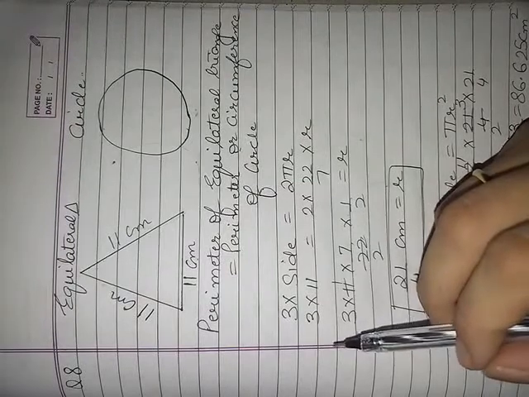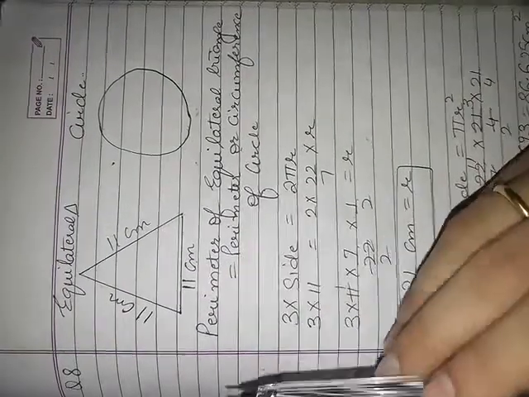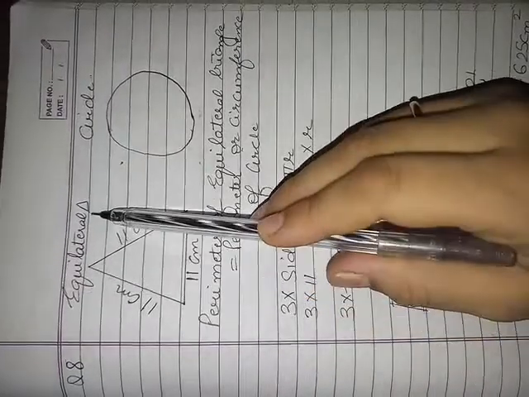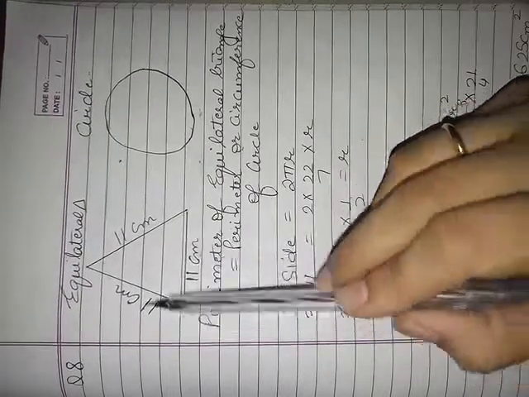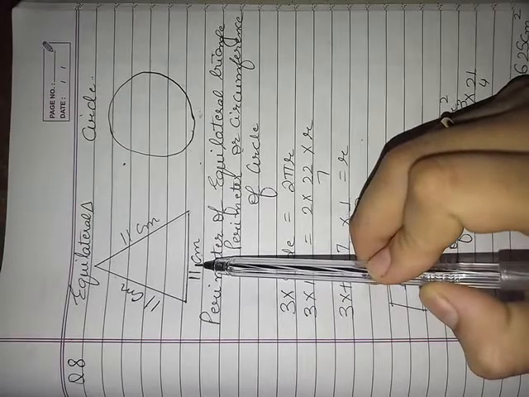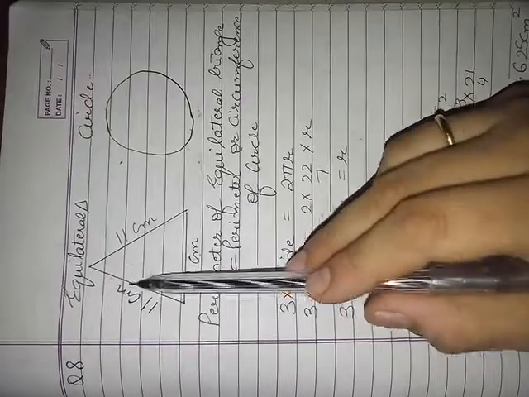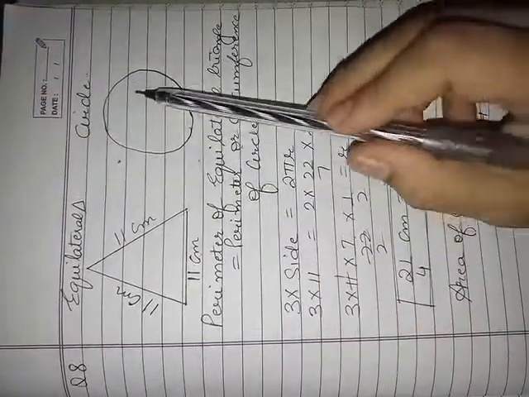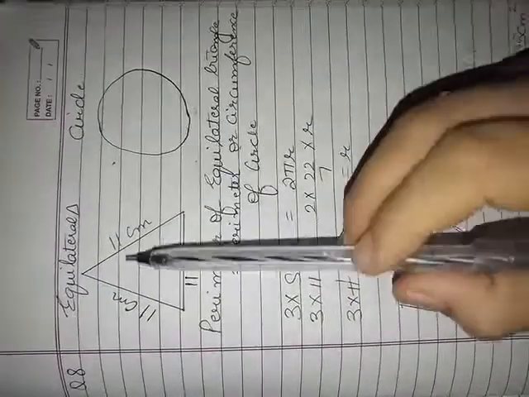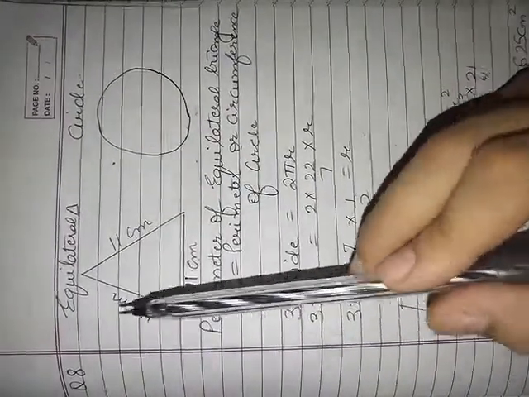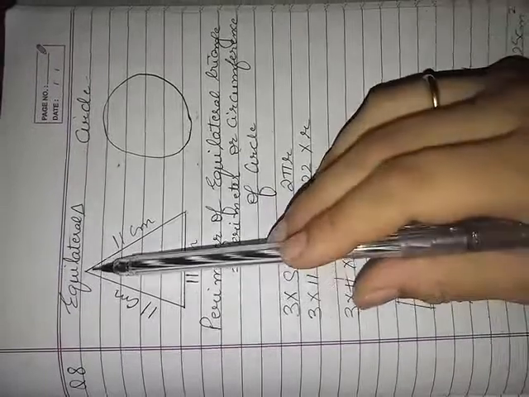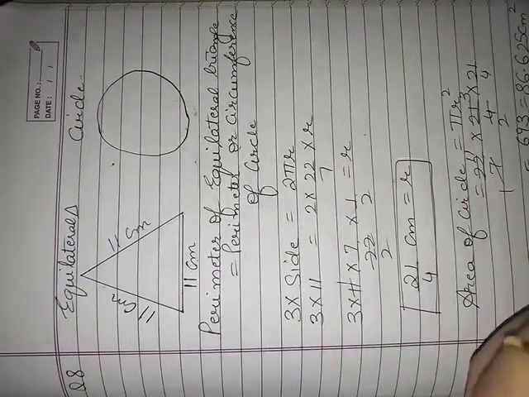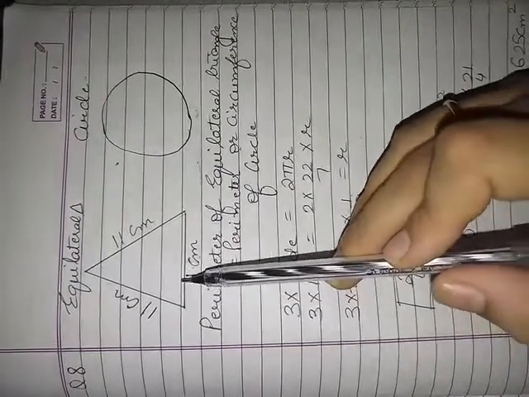A thin wire is bent in the form of an equilateral triangle of side 11 centimeter. An equilateral triangle means all sides are equal. One equilateral triangle is given whose each side is 11 centimeter. It means all three sides are 11 centimeter. And if the same wire is bent in the form of a circle, it means this outer boundary is again bent into the shape of a circle. If this same length is bent in the shape of a circle, it means their perimeter will remain same. If suppose you are using a thread to make this figure, the same thread you are going to use to make a circle, it means their outer length, outer boundary is same. They are using the same thread to make the triangle and circle.